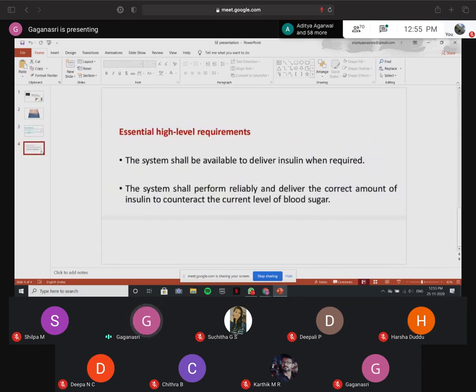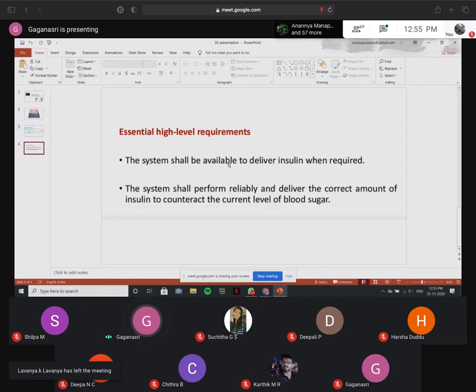And we know that it is a medical system and it is a safety critical system. So if the pump doesn't work or does not operate correctly, it is very dangerous because the blood sugar can become too low, and the patient can even slip into a coma. If the sugar level is too low, which means insulin is high, it can lead to temporary brain malfunctioning. And if the sugar level is high, which means the insulin is low, it can lead to eye damage and kidney and heart problems. So it is important to meet two requirements, which are availability and reliability.